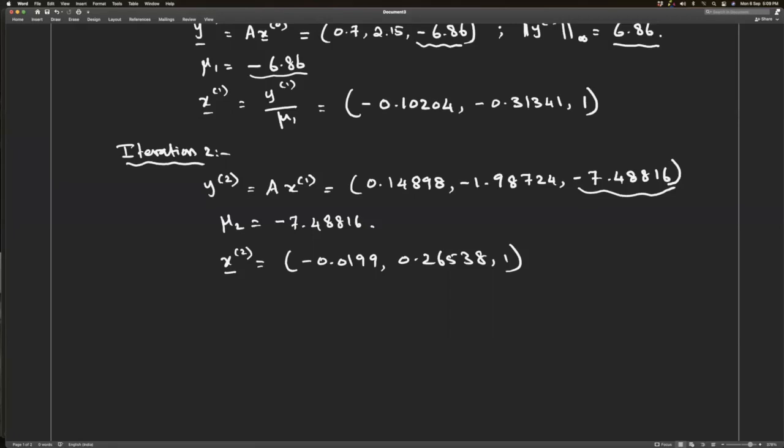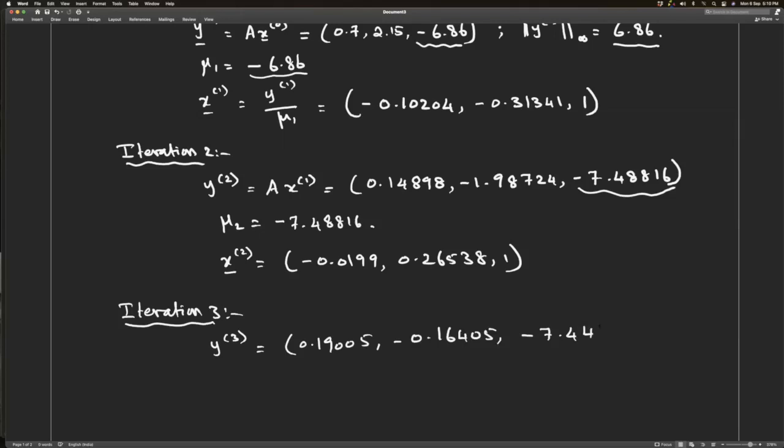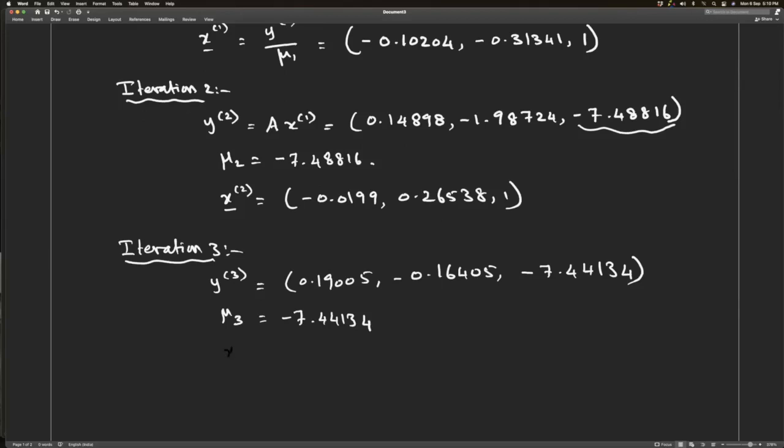0.26538, 1. And iteration 3 is given by y3 equal to, again, A x2, and that is 0.19005, minus 0.16405 and minus 7.44134, and that again leads to mu3 as minus 7.44134, and therefore x3 is equal to minus 0.02554, 0.02205, and 1. Okay, so that is the output of the first 3